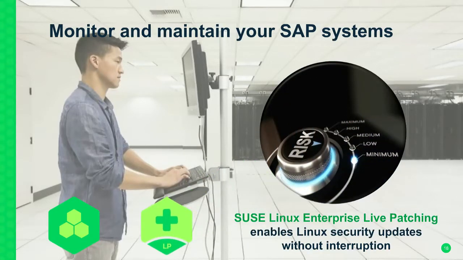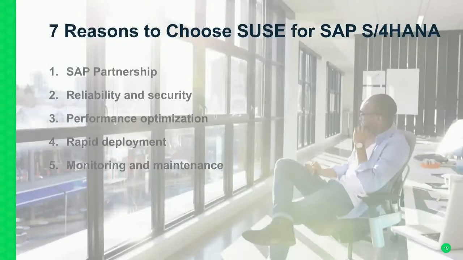And then with SUSE Linux Enterprise Live Patching, this can be used to help improve your overall business continuity and your service availability by giving you the capability to fix any security vulnerabilities with no system downtime and no performance impacts. You can actually have cumulative live patches, and the vital product data is always going to be correct in the event that you do have a security audit. Now, this is a unique feature that only SUSE offers for SAP environments, and SAP does support systems that use live patching.